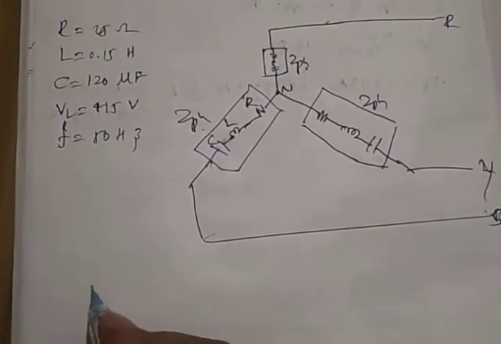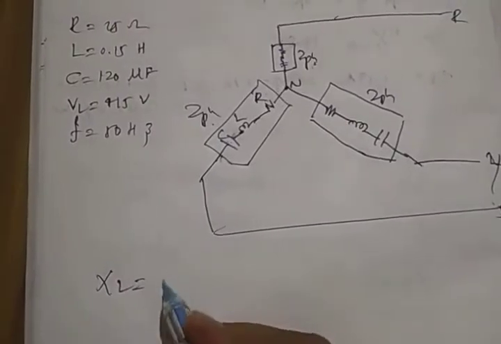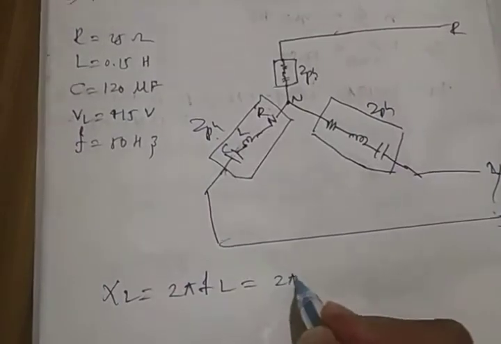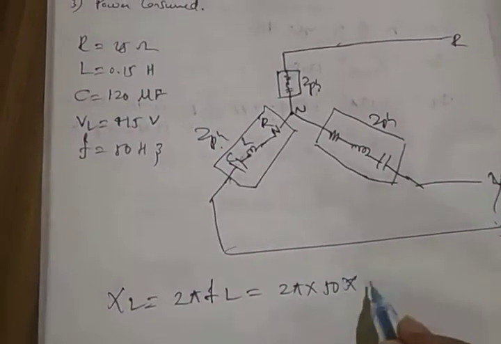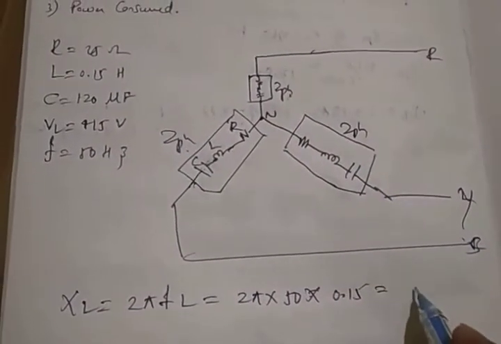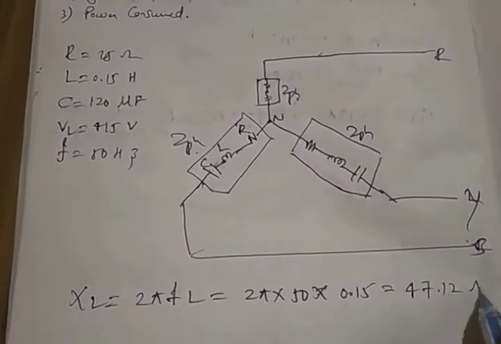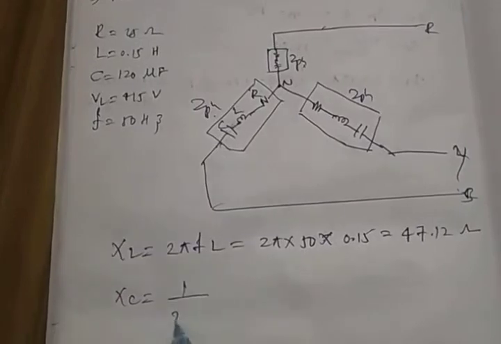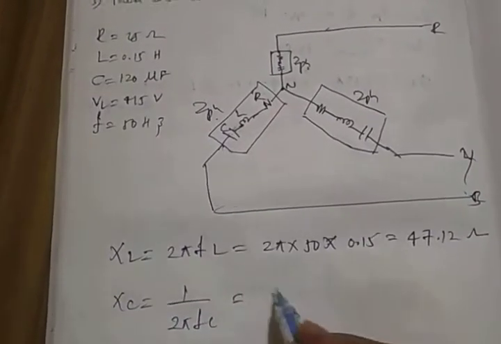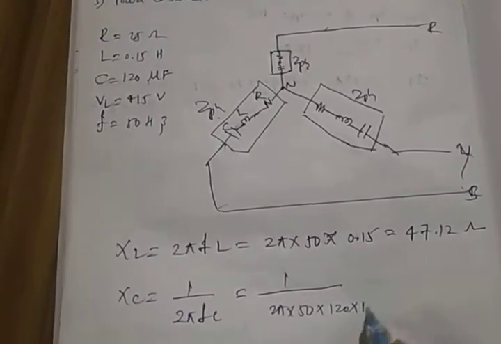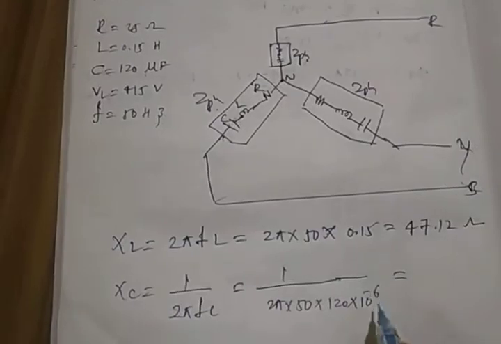To calculate the impedance per phase for the series RLC circuit, first we need to calculate XL, the inductive reactance, that is 2 pi FL. 2 into pi into 50 is the frequency, L is 0.15, so you will get 47.12 ohm. Similarly, calculate XC, the capacitive reactance, that is 1 by 2 pi FC: 1 by 2 pi into 50 into 120 microfarad, meaning 10 to the power minus 6. You will get XC